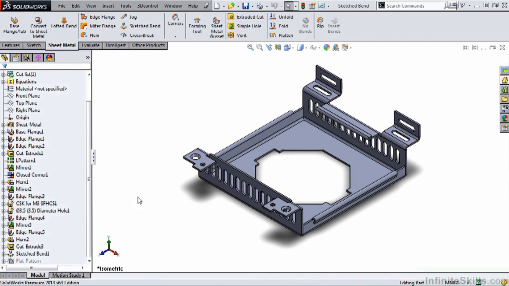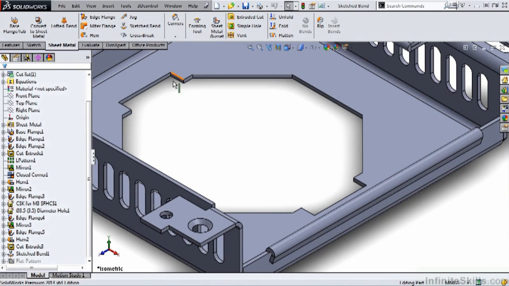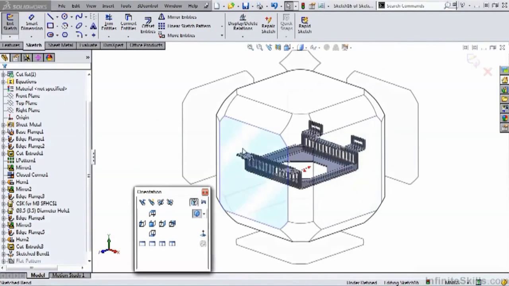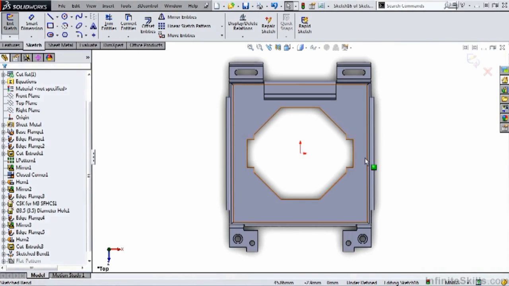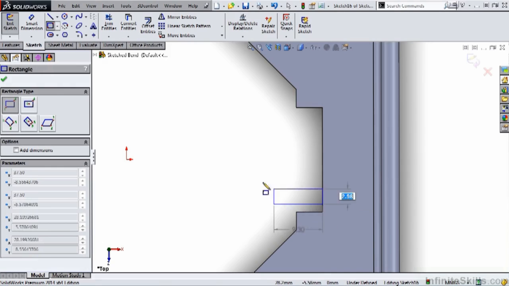So let's begin. We are going to add a tab inside of this opening here. The tab is going to be rectangular in shape. So I'm going to zoom up on this area, select the tab feature. A message appears asking me to select a planar face on which to create a sketch. So I'm going to go out to the screen and select the top face. Now before I proceed, I am going to view normal to this face and then zoom up on this area. I am going to start the corner rectangle,